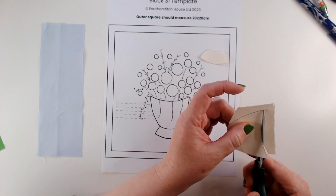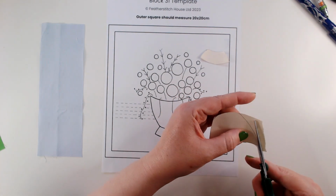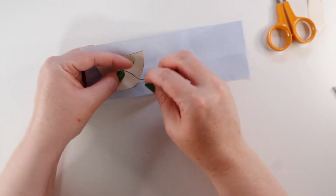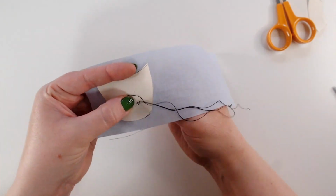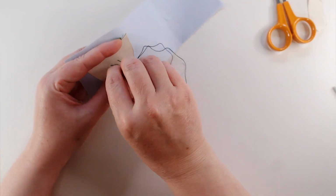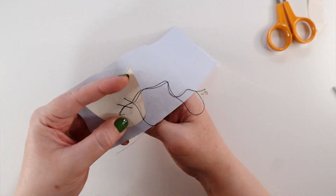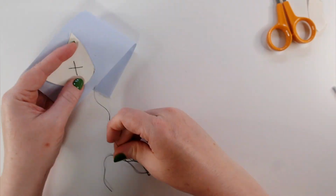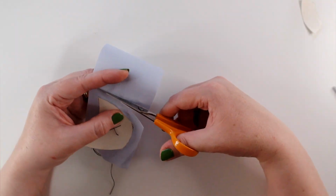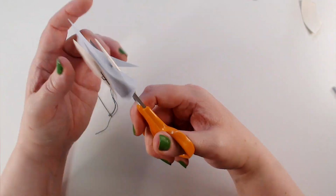So I'm just lining up my paper so that there's a border all around it on my little scrap of blue fabric, and I'm starting by putting a little cross in the centre of that just to hold the paper in place and avoid it slipping as I'm stitching it. So holding my thread out of the way, I'm now just going to trim around the shape of that pot,